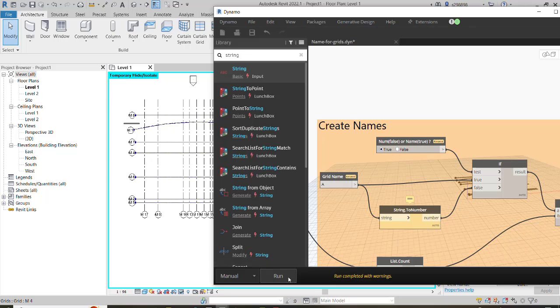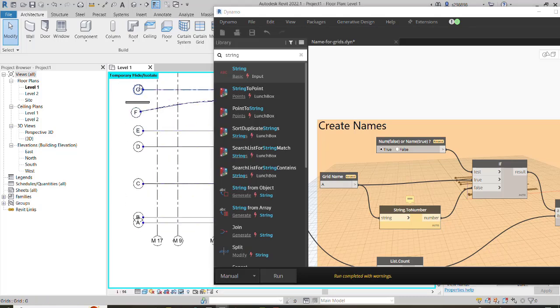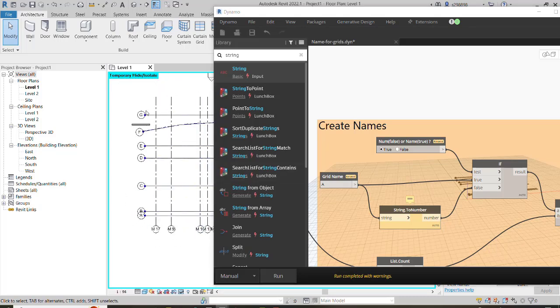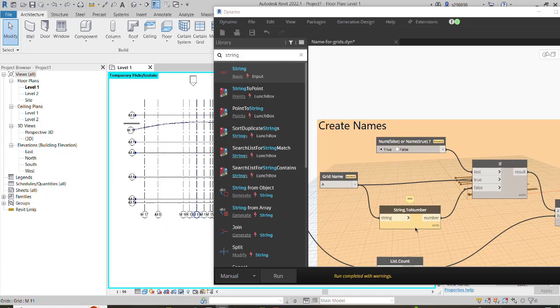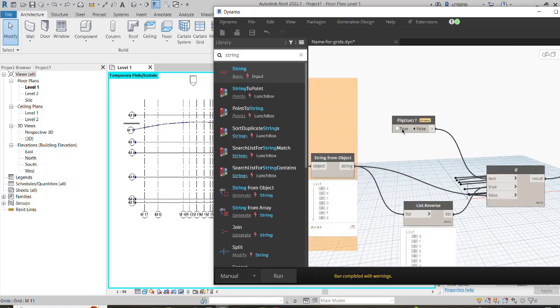So now I again run the code. Yes, that's right. A, B, C, D, E, F, G in order. Maybe you need to make them reversely. So let me Control Z in the Revit, and here put it in the true, the flip. Again run. Yes. There you go. A, B, C, D, E, F, G, and